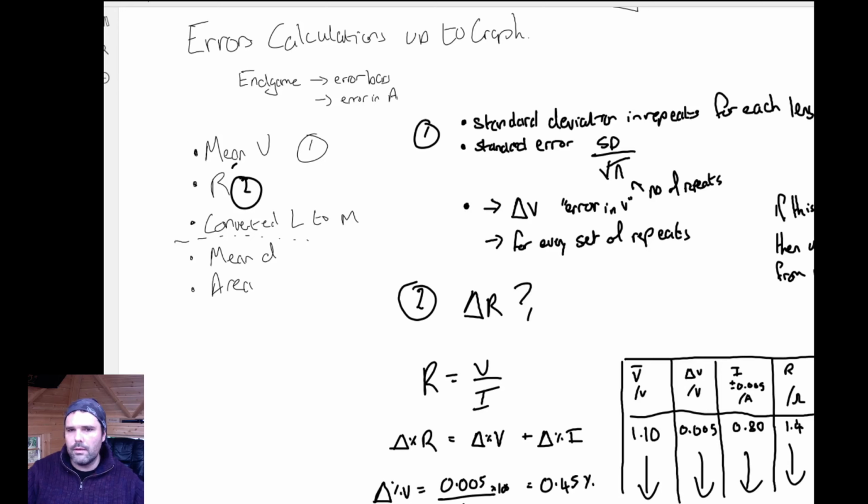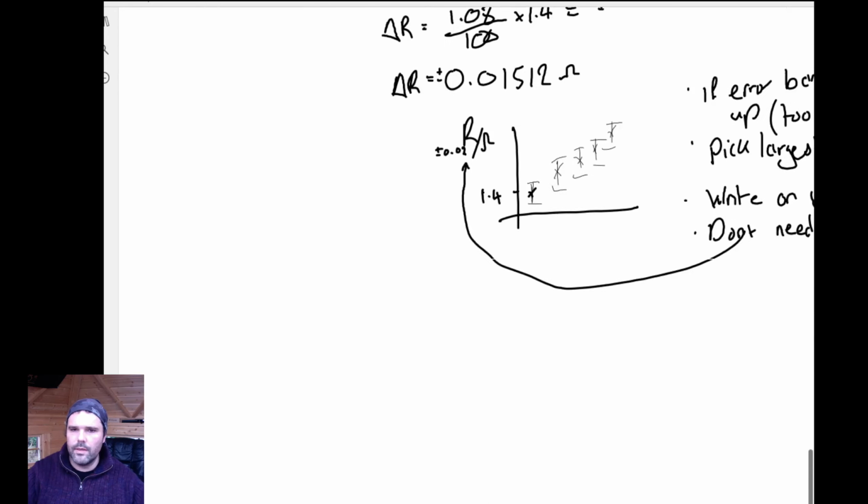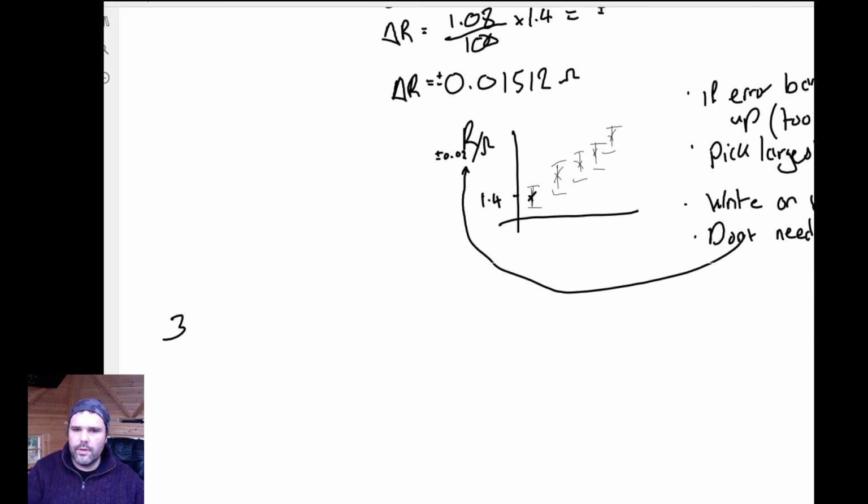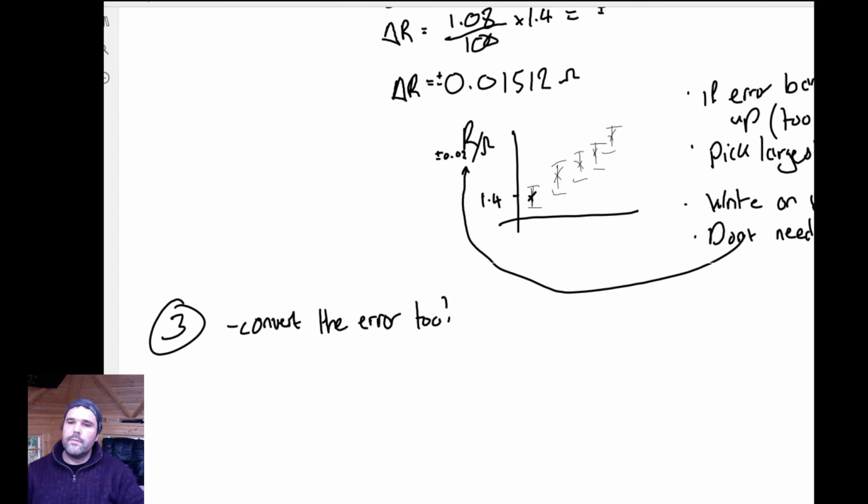But remember, convert the error too. That's the only thing with that one. If yours are, 1 centimetre plus or minus half a centimetre or something like that, then you need to convert both of those to meters. And plot an